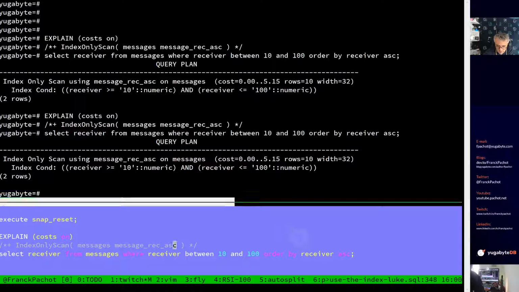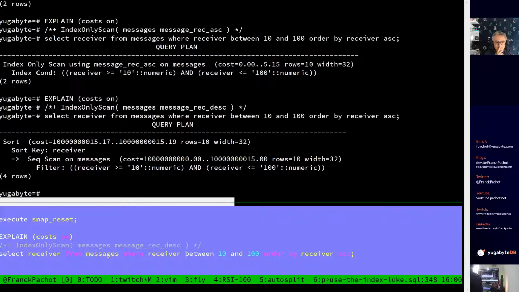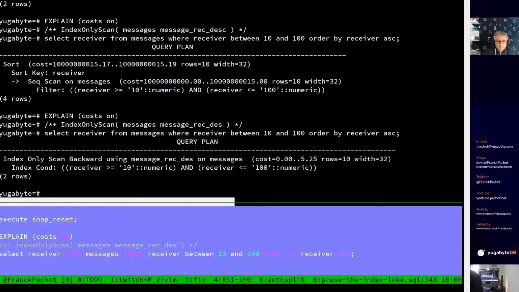What if I run now the same with a descending order, where I know it is more expensive because of those seek backs? Was it a typo? I'm forcing an index that doesn't exist. So finally it does something else and assigns a high cost. This is the way Postgres and Yugabyte use hints. When you hint something, it doesn't really force it, it just puts the highest cost for the others. But if it's the only access, it's done. So I wanted to compare 5.15